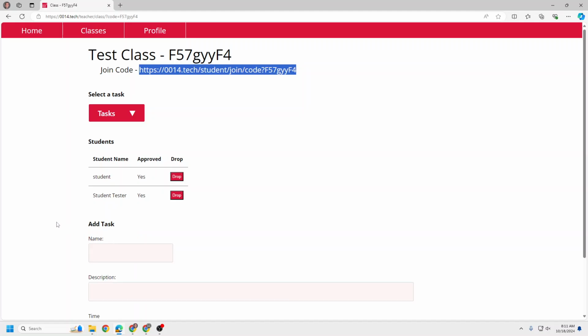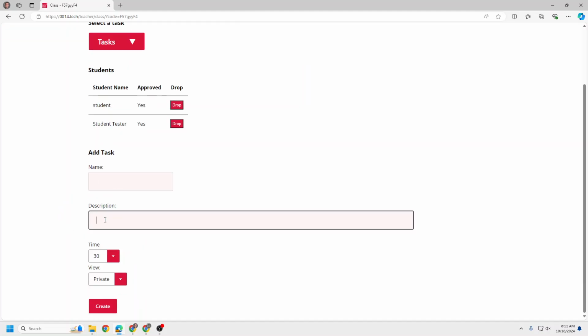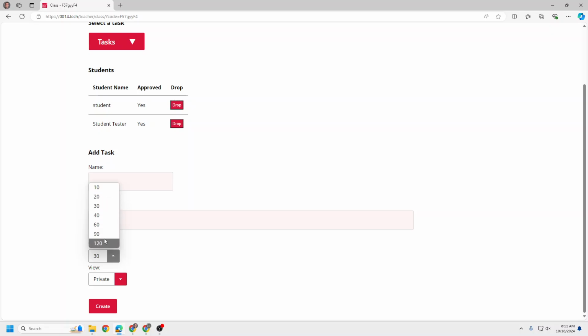And if you want to add a task, you can add a task. So name, description, so give it a name, and the description of what you want them to say. Remember, the point of this is for you to be able to give them some kind of prompt, some task, and they're going to make a video about it. We have time limits on here, so no more than 2 minutes, but however you want to limit them, like 10 seconds or 2 minutes, and then private and public will be